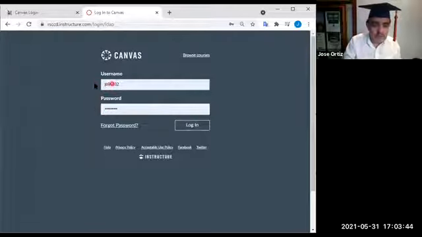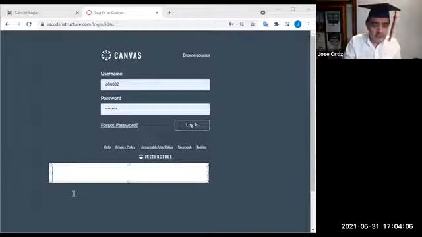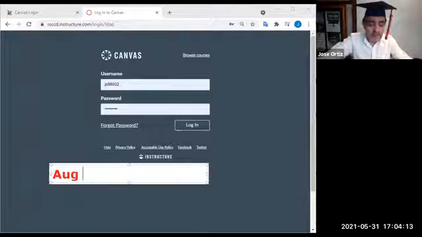This is where you would put your username, which, as I said, is the initial of your first name, initial of your last name, and 5 numbers, followed by a password. Now, what password is that? The password is based on your date of birth. For example, let's say your date of birth is August 5, 1975.